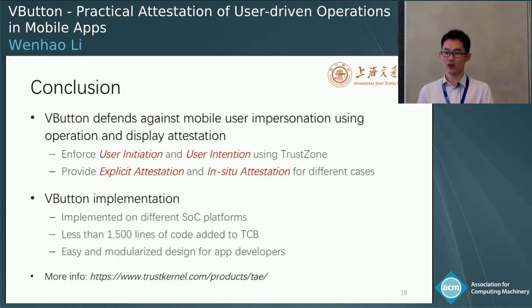It provides both explicit attestation and in-situ attestation for different use cases. VButton is implemented on different platforms with a very small modification. The TCB of VButton is very small, and the design is very easy for application developers to adopt.